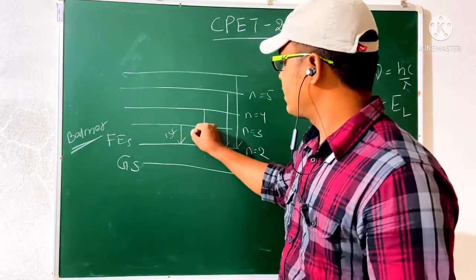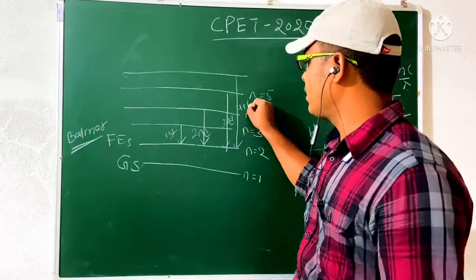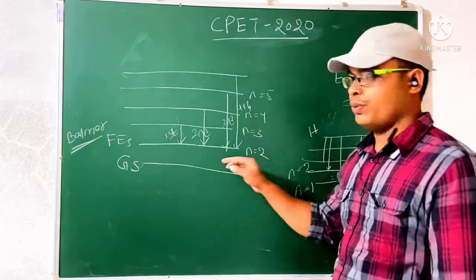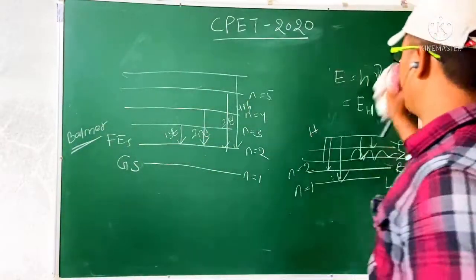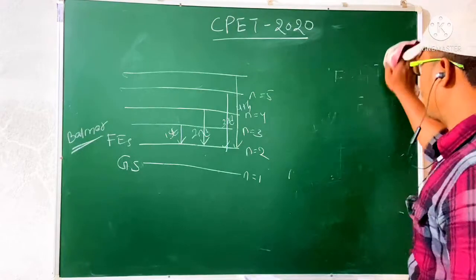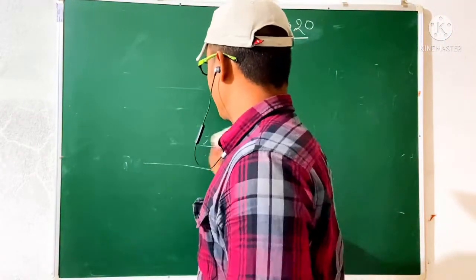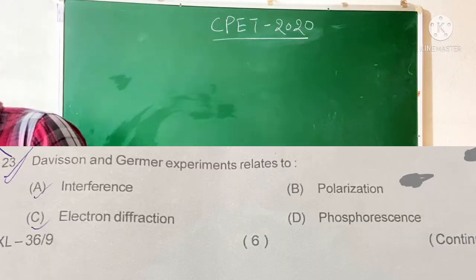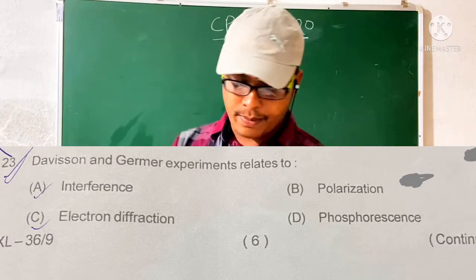This is the first line, this is the second line, this is the third line, and the last one is your fourth line. So this is the first line, so this is the second line, that is 4 to 2. Okay, so try to remember all these things about your atomic physics. Remember, the atomic physics chapter is there in your CSC level. You have the Davidson Germer experiment. I am not writing this one. So this is the Davidson Germer experiment, where